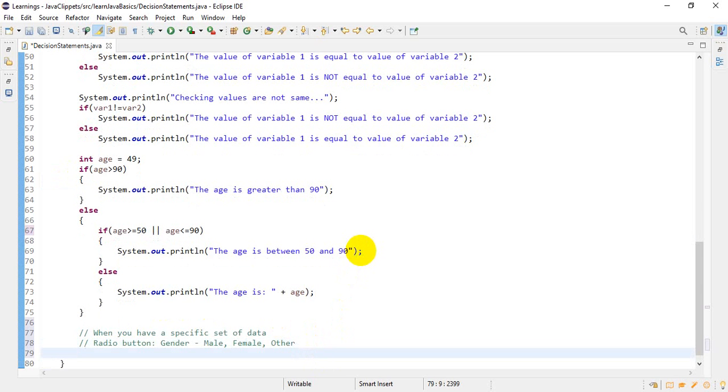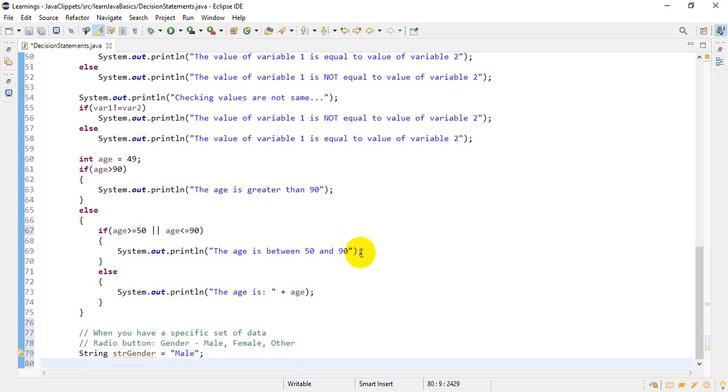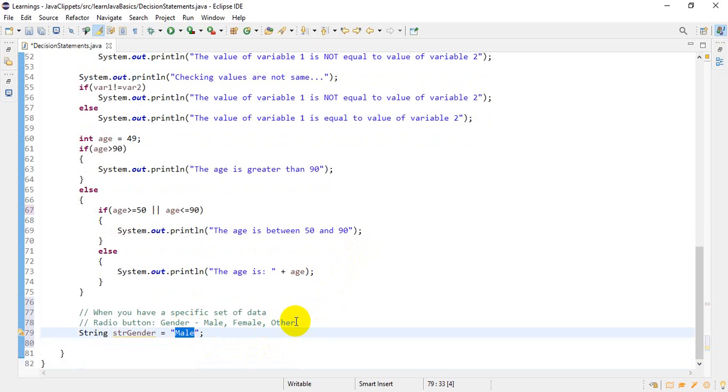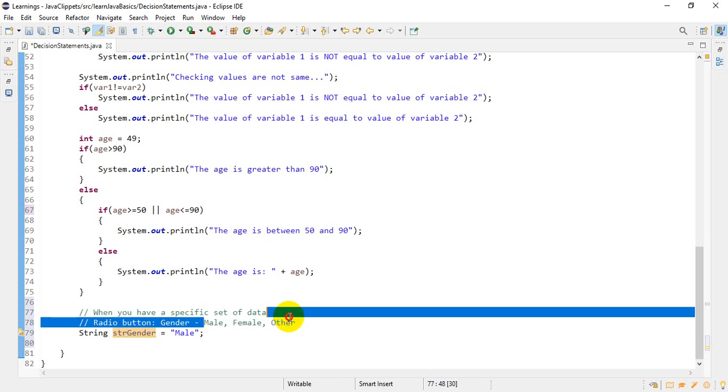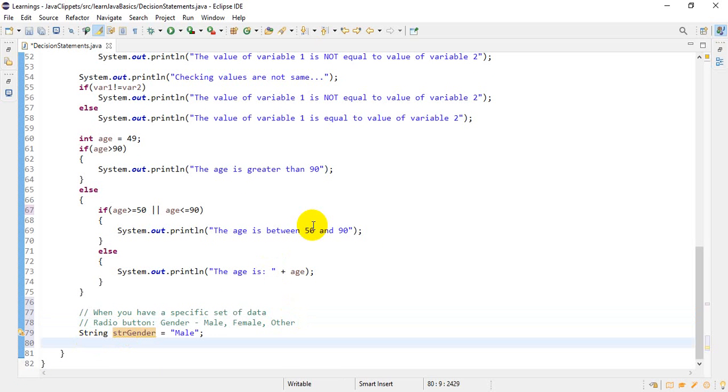So what is a switch case? So let's say you get a string and it is str gender, right? And this gender, you are going to get the value from somewhere else. It can be from some UI, it can be from using some automation, it can be from some data file, it can be from anywhere. So now this value, you know that this variable is going to have either of these three values only. So what you can do is you can place a switch,